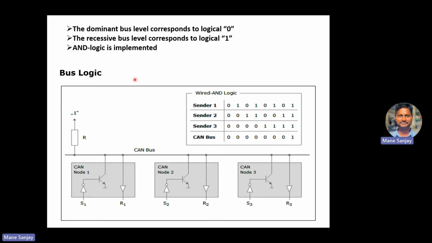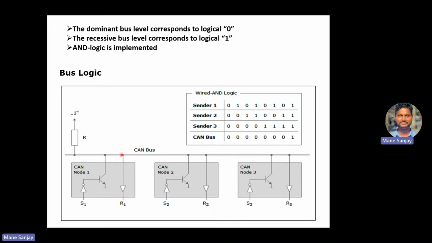figure, very simply. And the answer to that is AND logic. If you see here, AND logic is implemented. This is one node, this is another node, and this is another node. Inside each, there are two terminals: one is a sender, and the other end is also receiving, right? Because the ECU is sending as well as receiving. Whatever it is sending, and sometimes it needs some information, so it receives, and it is connected on